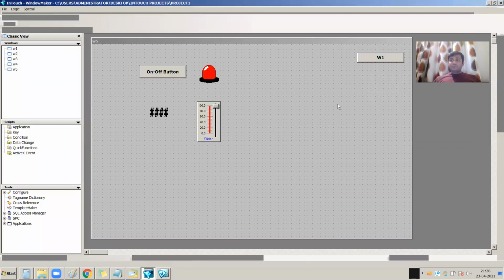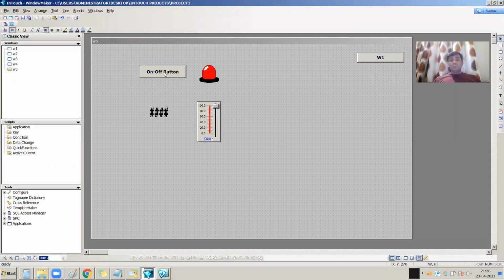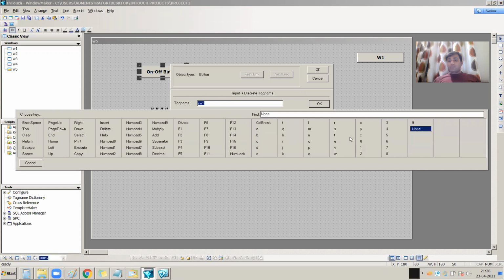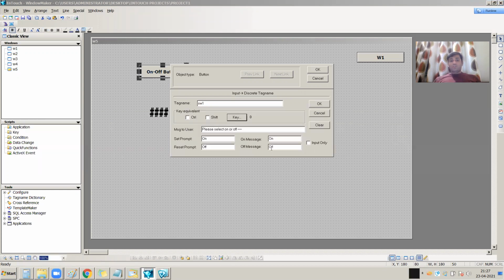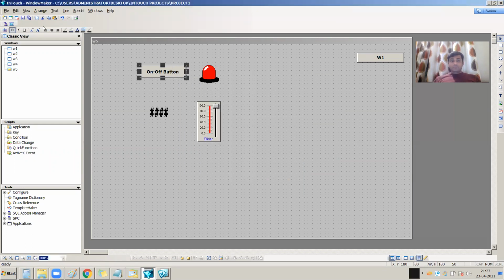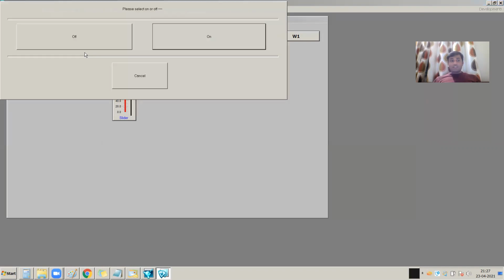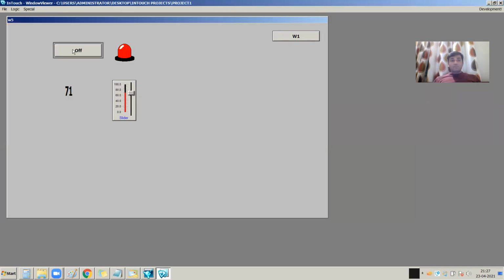See, this key equivalent option is also available for the button. Here is the button. I am using the key equivalent, let's suppose 0. Whenever I press 0, my on off button window will open. See, I am pressing with the mouse, the window will open.